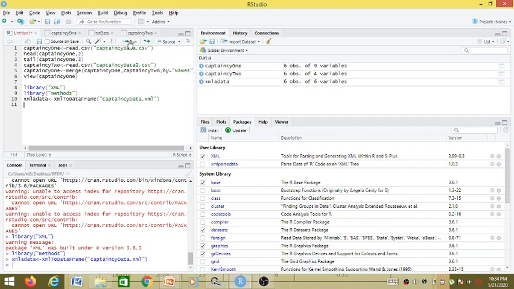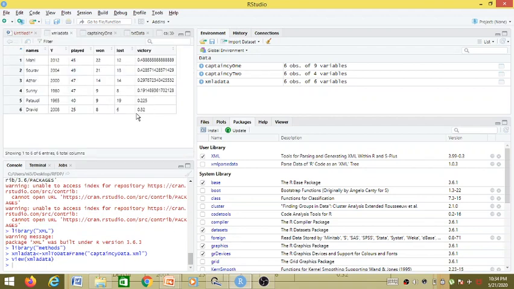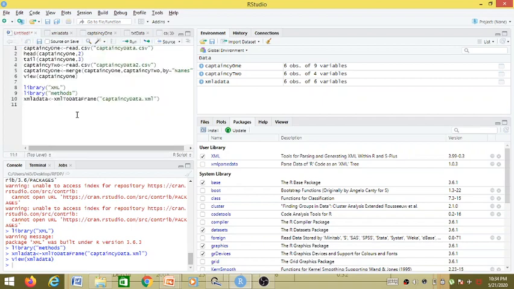If we run this, you can see a new data frame has been created which is named XMLData with 6 observations and 6 variables. It is the same file as our captaincy1 data frame, but the captaincy1 data frame is created from a CSV file whereas XMLData is created from an XML file.